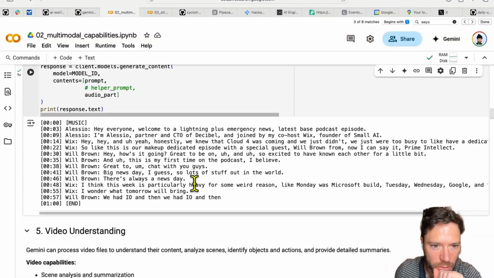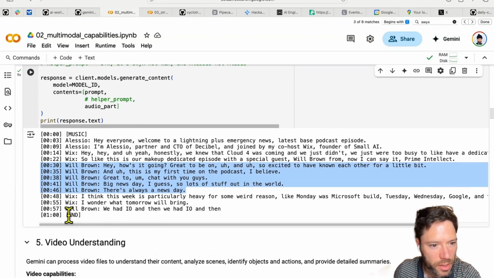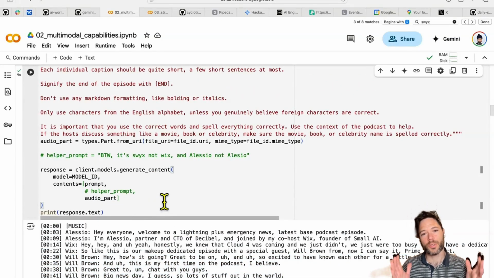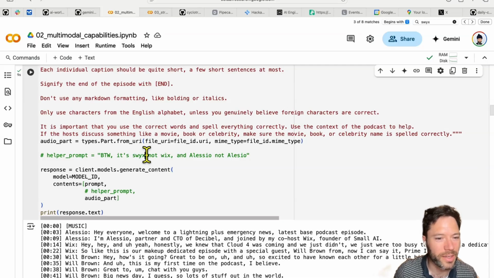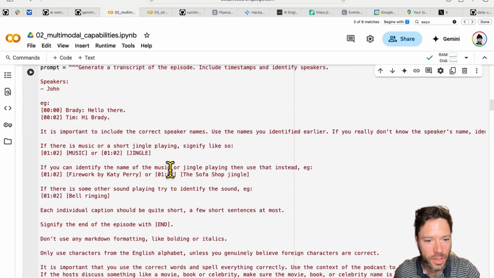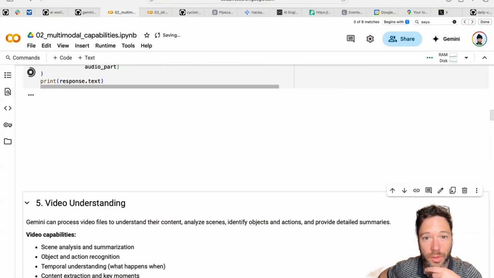But it looks like this is coherent here from Will. Are the timestamps exactly right? Well, it's finishing at 1 minute, so that's a good sign. And here's the beauty. If you're doing this kind of transcription, because you're prompting it, you're able to correct things very easily. So here, for example, I can say, it's Swix, not Wix. So we can put in that little correction there and pass it again to Gemini and see if it corrects